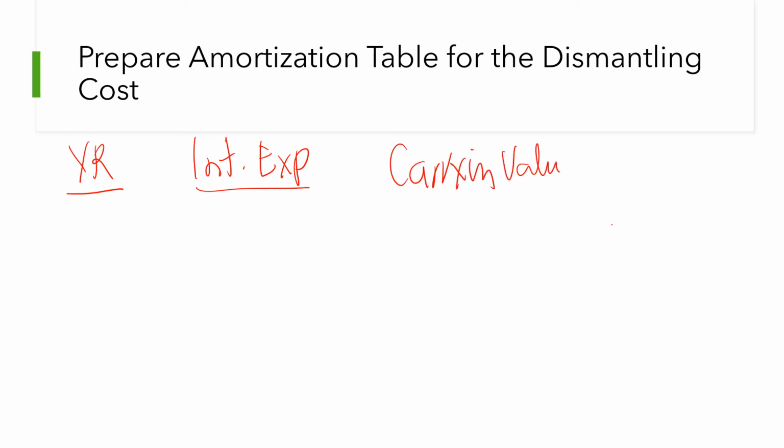The carrying value of the dismantling cost, actually, the estimated liability for dismantling of the asset. So we have year 0, meaning the year to date. Therefore, there is no interest expense. And the carrying value will be the present value of the dismantling cost. So that is